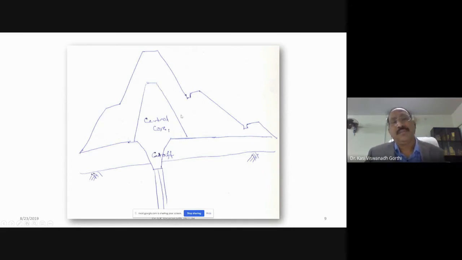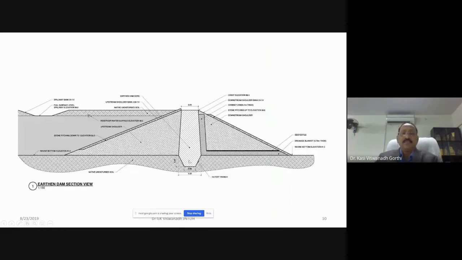The central vertical core may be provided like this. Sometimes this vertical core may extend deep into the foundation also, and provide a cutoff like this. A vertical, impervious cutoff may be provided. You may observe in the figure that you have the earthen embankment section, in which the hatched portion is the central vertical core, which is different from the general earthen material of the embankment. The top is 3 meters, and at the bottom it has come to 4 meters. So this is how the thickness increases.